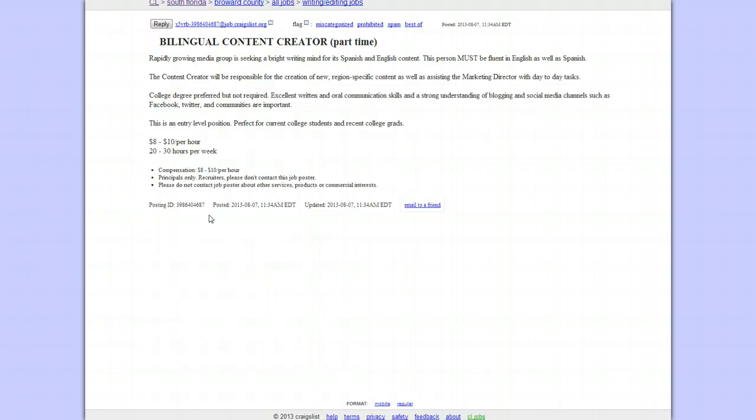So let's see what this says. This doesn't tell you a lot about this particular job. This is one that's somewhat vague. It tells you how much you're going to make in the hours, but they don't give you a whole lot of information. Now, I'm not going to say that this is a scam, so to speak, but you know,